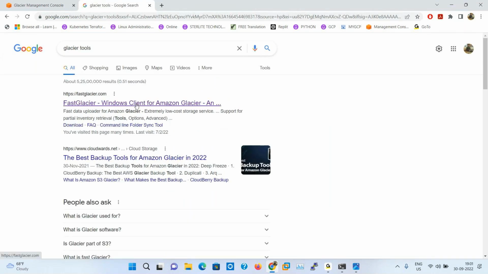For example, you create your EC2 instance and you want to manage that EC2. In Windows, you can install PuTTY, then connect and manage it. In the same way, if you want to manage Glacier, we can use a third-party tool. Many tools are there, but one of the best is Fast Glacier.